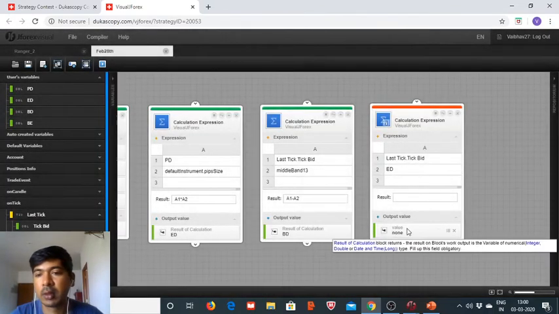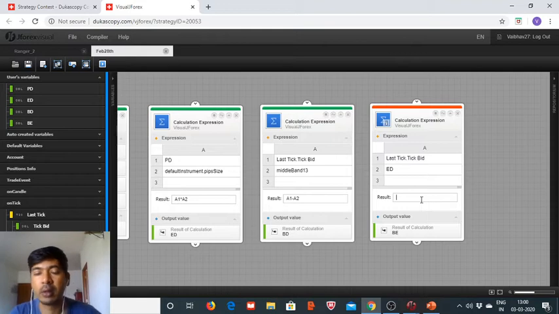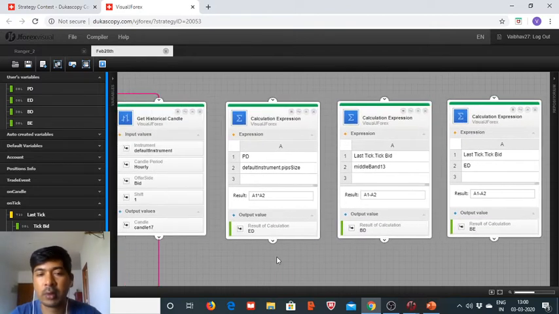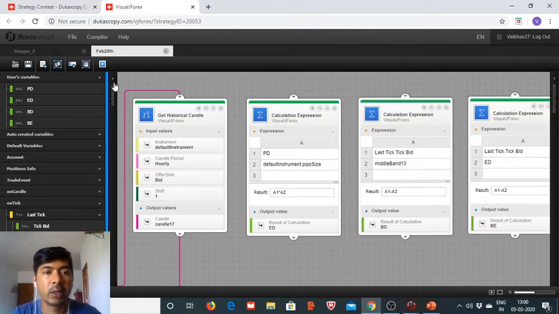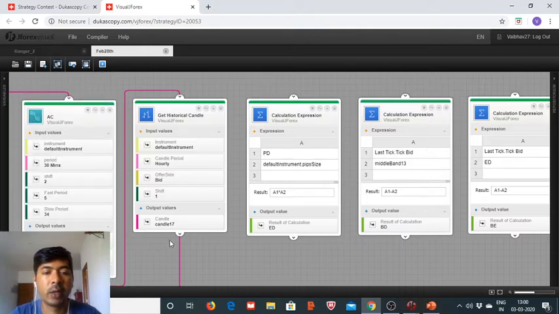And here A1 minus A2. So far so good. Let me connect these dots,